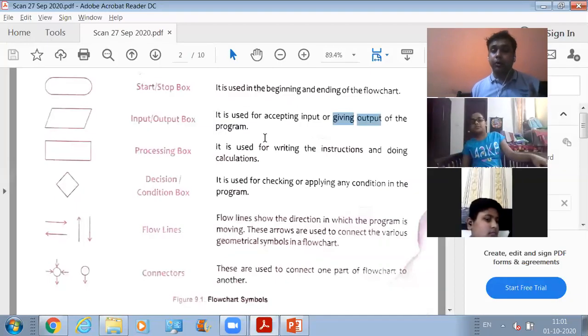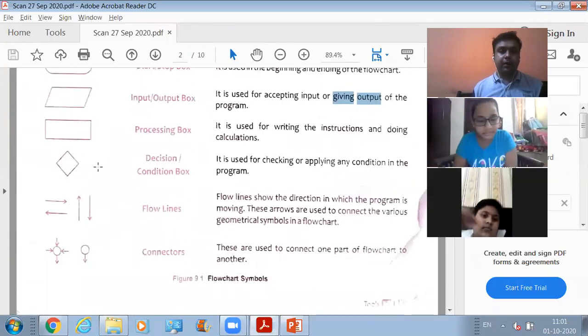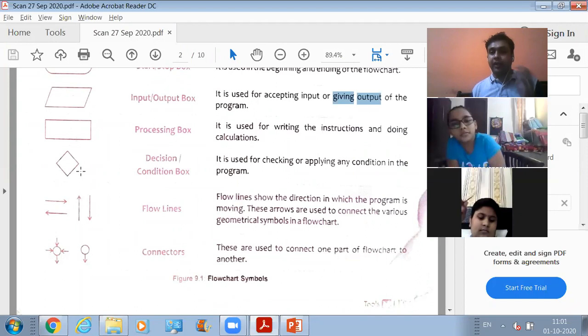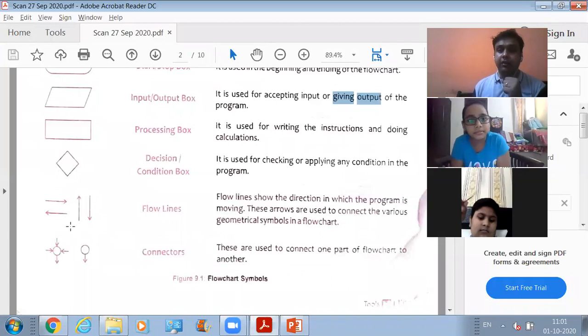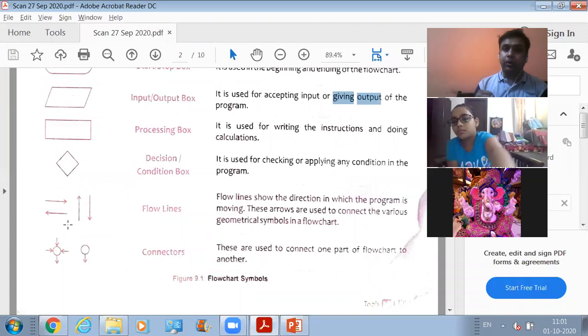Now let's come to the question that is given in your book. So this is the decision box that we use for checking the condition in the program. For example, if I ask you to enter two numbers and print the greatest number out of the two, you have to check a condition first.